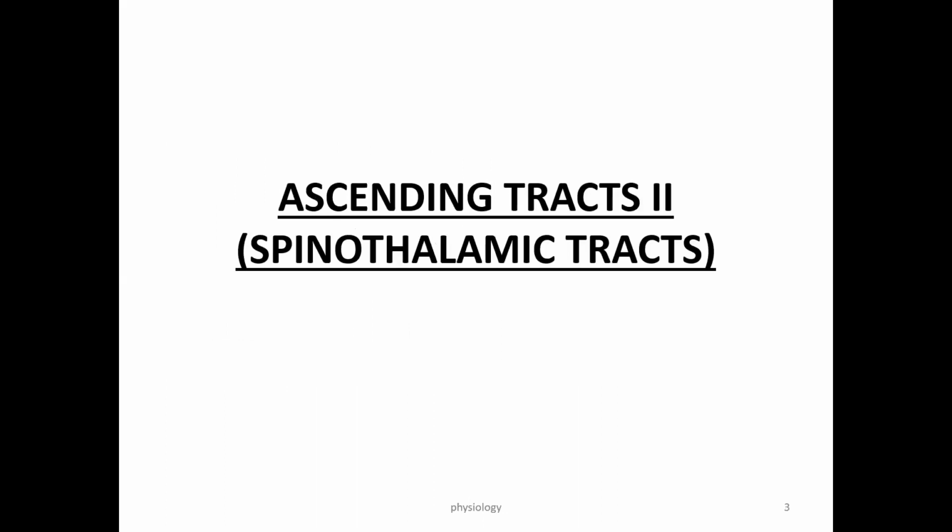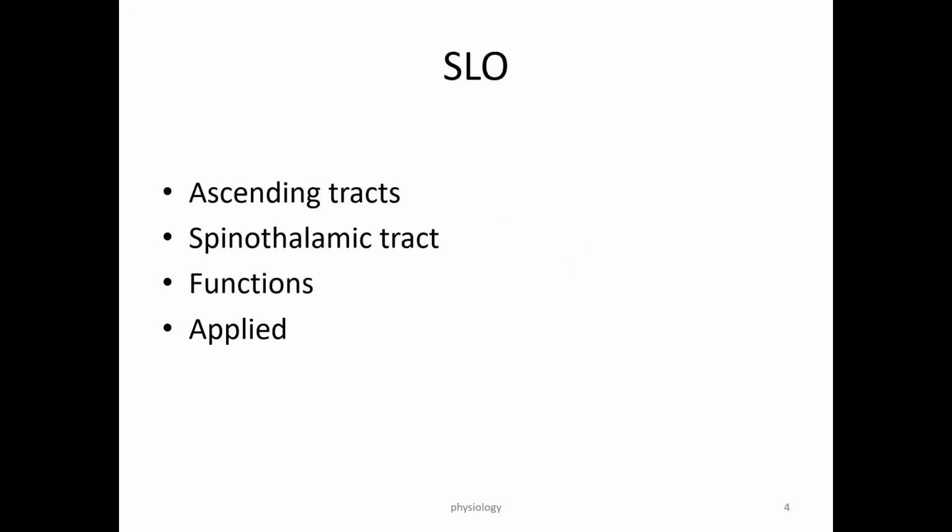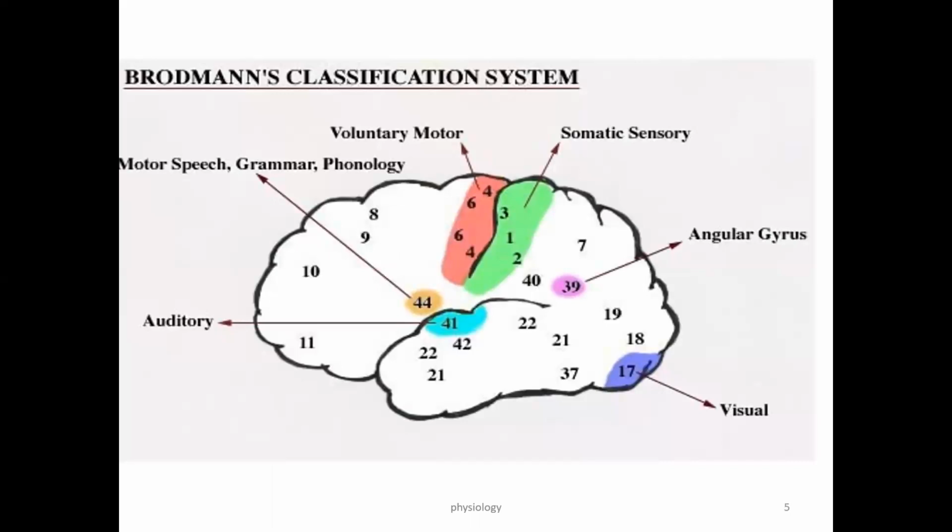Okay. So now the second type of ascending tract is called the spinothalamic tract. You know the different headings under which we have to write the information on ascending tracts: first order neuron, second order neuron, and third order neuron. In today's lecture, you may get a long answer question on this: define ascending tract or enumerate the ascending tracts and write in detail about the spinothalamic tract. Okay. So just revise this.